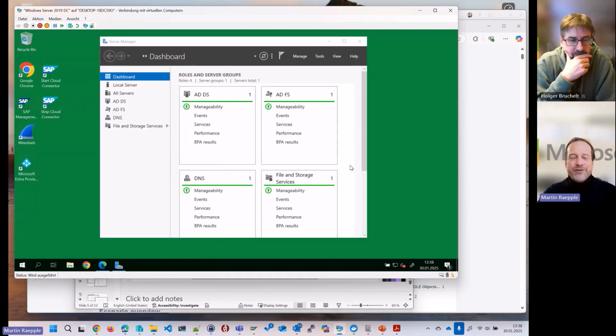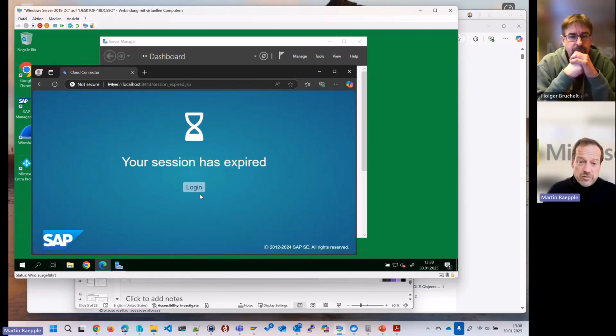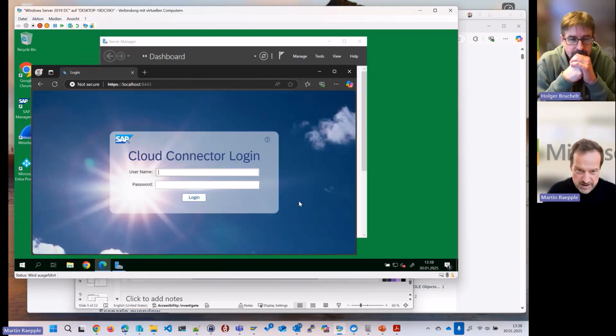So full on-premise. As you can see, I've installed the Active Directory Domain Services here. So it's a Windows Server 2019 that has this role of the domain controller activated. It also has some other services like ADFS, etc., but those don't play any role. And I also need to mention there's also the cloud connector installed on that system, right?